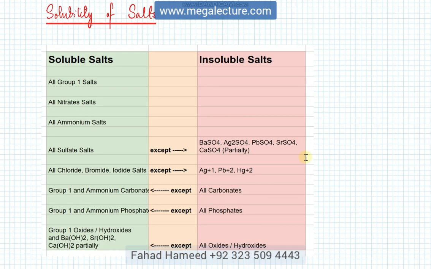Now coming back to the table, there's another thing that has to be memorized. So you have to memorize this, all of it. You should know which of your salts are soluble, which are going to mix in water, and which ones are not going to mix in water. So for example, here's a list of soluble salts and here's a list of insoluble salts. So the first one is group 1 salts. All group 1 salts are pretty much